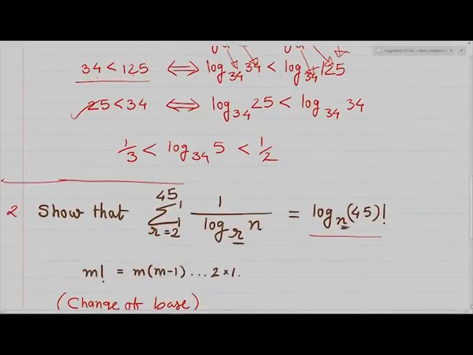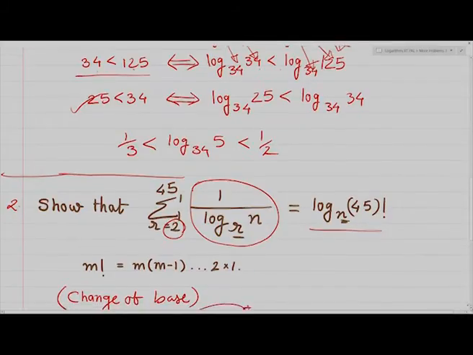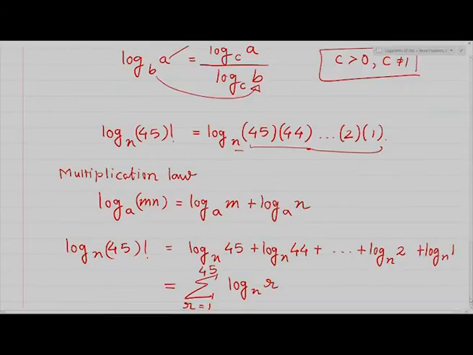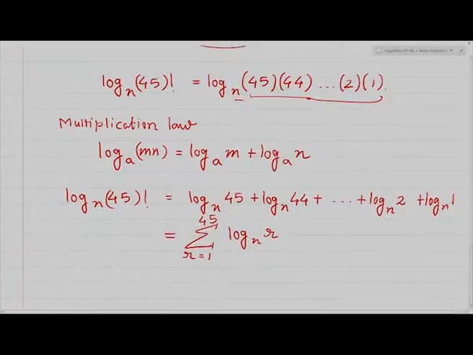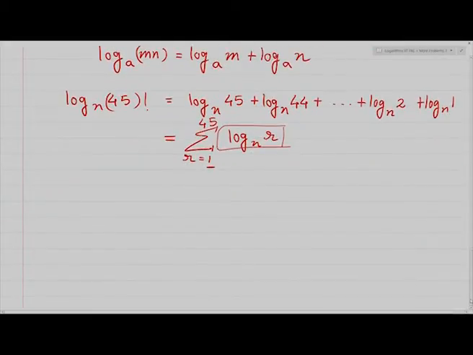Here I have the term in the denominator, and the summation starts from r is equal to 2. So these two features are missing so far. If you look at this term, these two features are missing. My r starts with 1 and I have only the numerator, denominator is divided by 1. So I want to do some adjustments. As we have already seen, the change of base formula will help, but I cannot blindly apply the change of